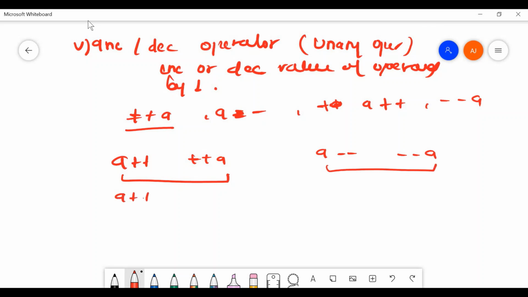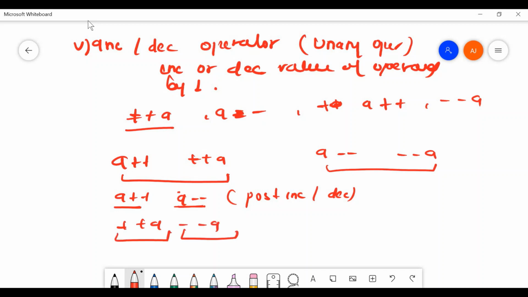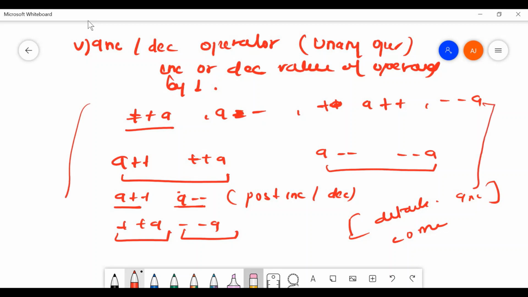A plus plus and a minus minus are called post increment and post decrement. Similarly, plus plus a and minus minus a are called pre increment and pre decrement. Fine. If you want me to make a detailed video on the increment and decrement operators, please comment, and I hope you know how these operations are performed. So next we have